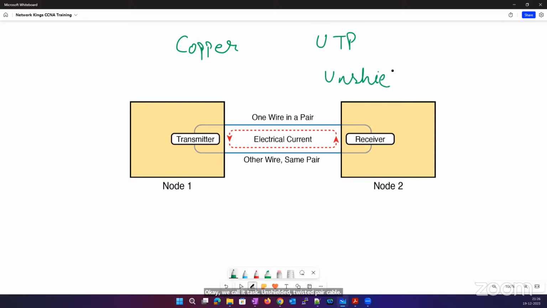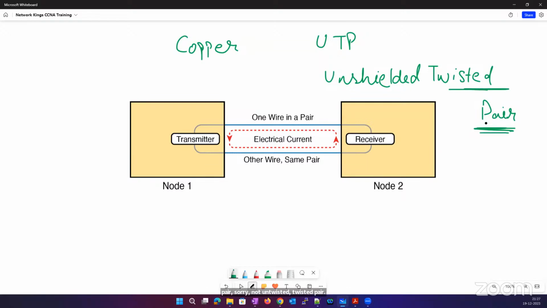Unshielded, there is no shield. This is just a very simplified view of how two devices are connected using a copper wire. So when I say twisted pair,